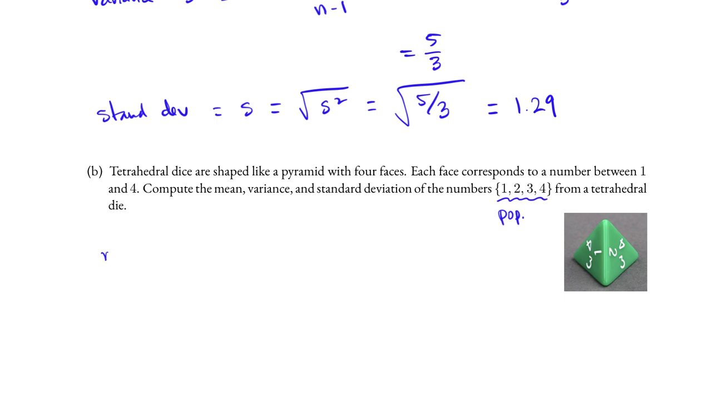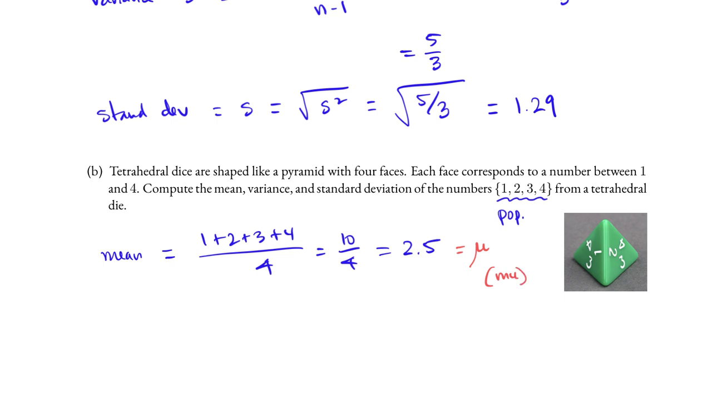To compute the mean, this time this is the mean of the population. It is computed the same way we computed earlier. 1 plus 2 plus 3 plus 4 divided by the count, which is 4. This is 10 over 4, or 2.5. The mean is still 2.5. The mean for the population is usually denoted using the Greek letter mu. It is pronounced mu. It is a Greek letter, to differentiate